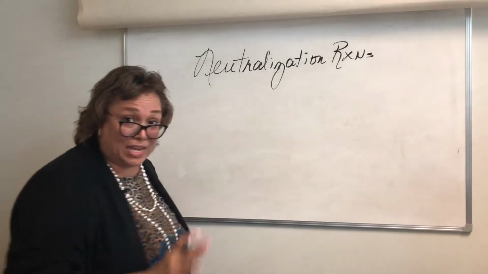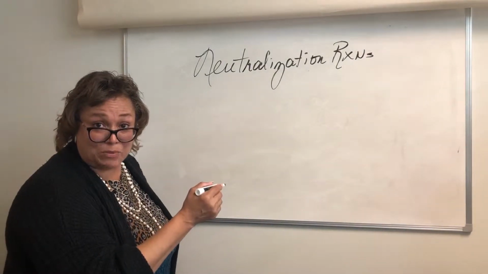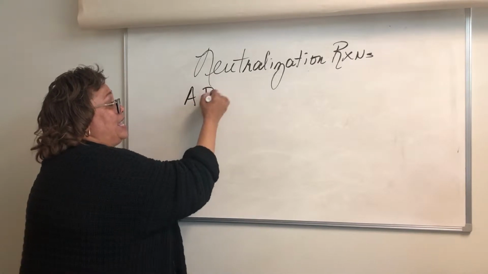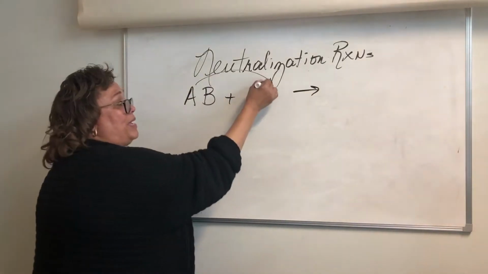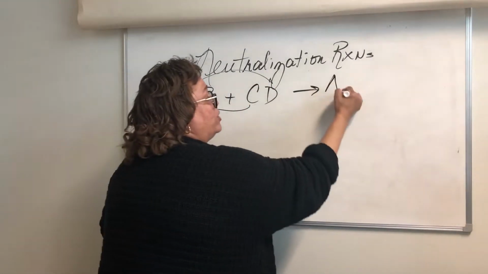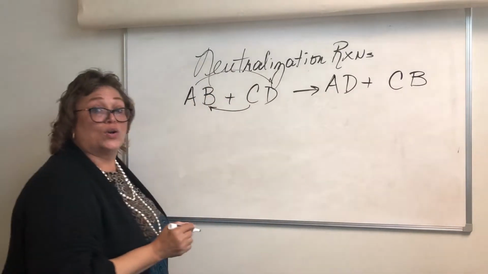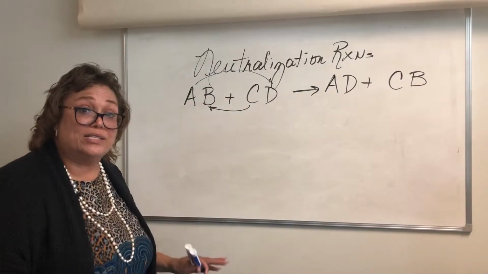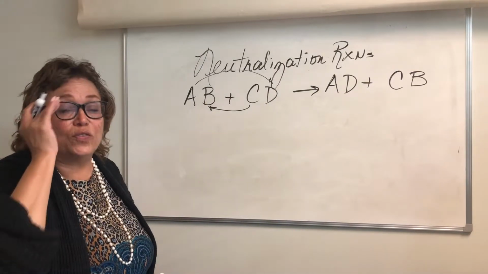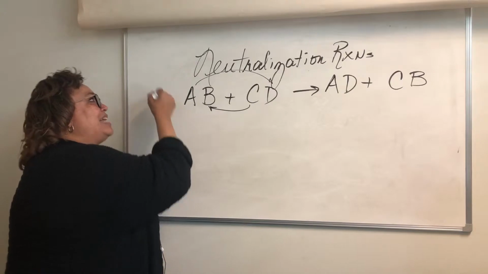This is another type of double displacement, so it's the same thing as before, where you have the AB plus CD, and you swing it, baby, and you're going to make your AD plus CB. I know that you know the general equation, and we'll always look at our wonderful solubility table. But whenever it's acid-base,